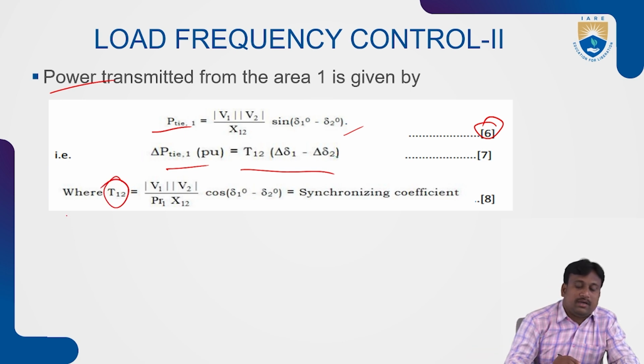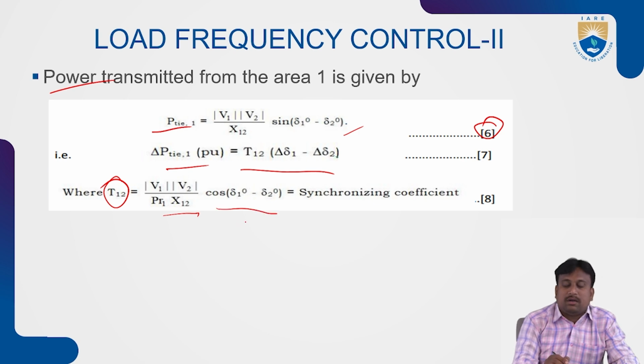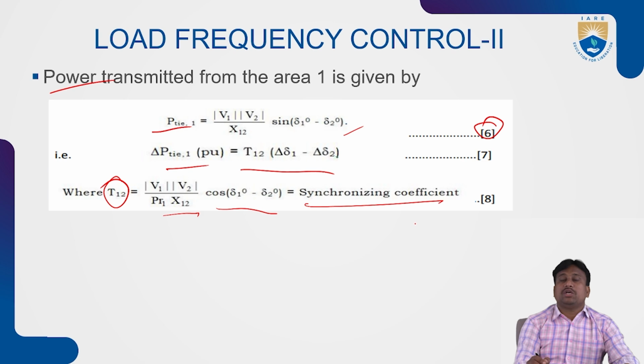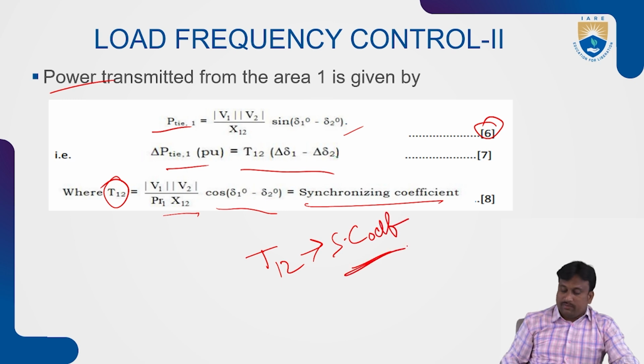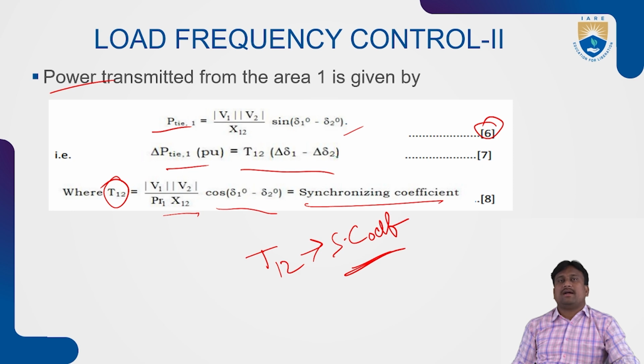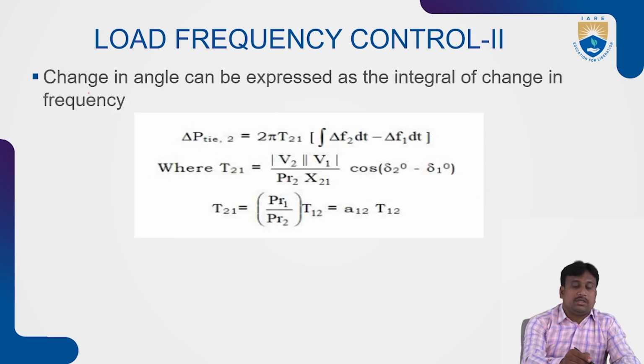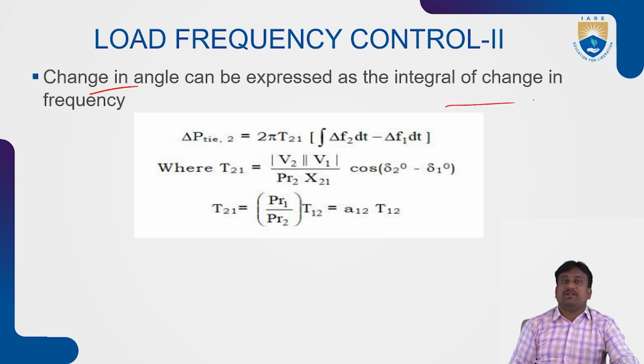Here T12 is V1 V2 by PR1 X12, that is cos of (delta1 naught minus delta2 naught). This factor is called the synchronizing coefficient. T12 is called the synchronizing coefficient, which is considered in the difference of delta1 naught and delta2 naught as cos of (delta1 naught minus delta2 naught). So this change in angle can be expressed as the integral of change in frequency value,